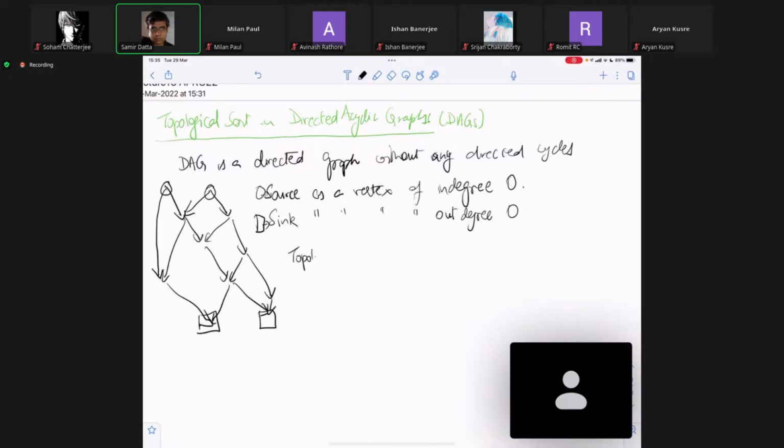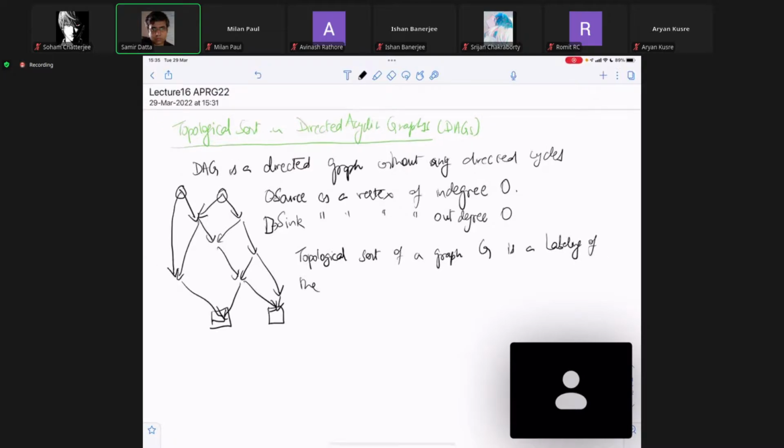Topological sort is a labeling of the vertices, so T from V of G to {1, ..., size of V of G}, such that the labeling is such that if (U, V) belongs to G,